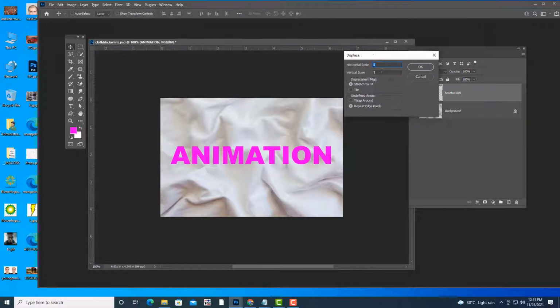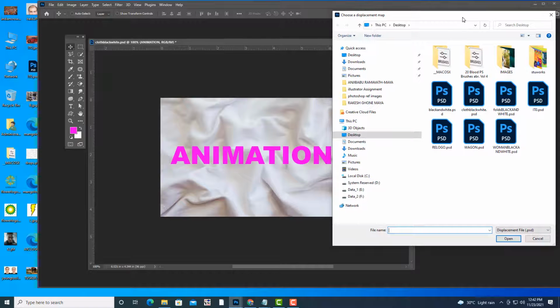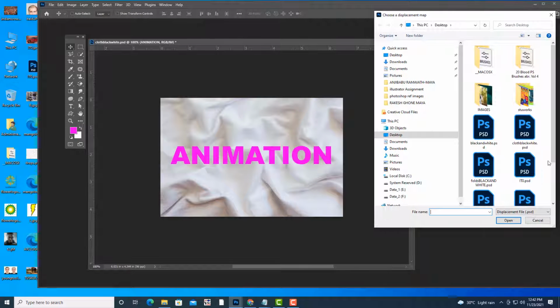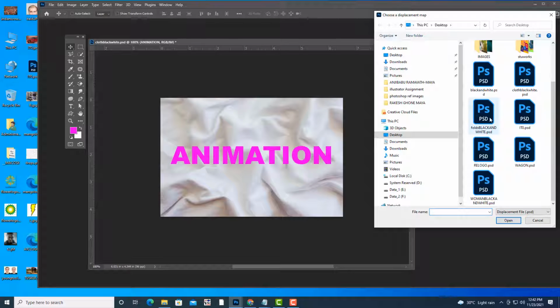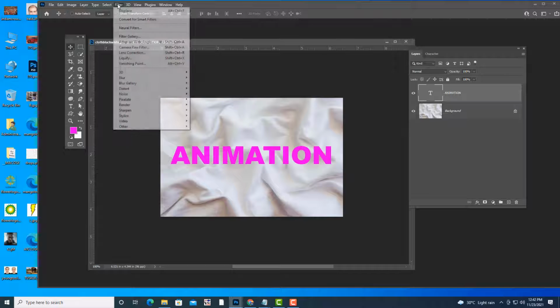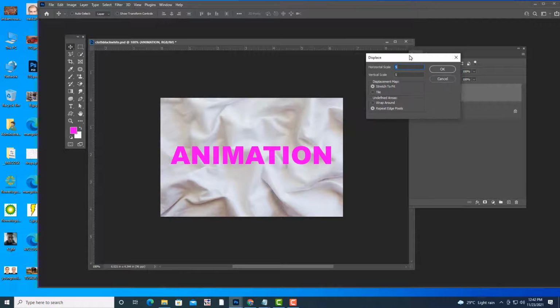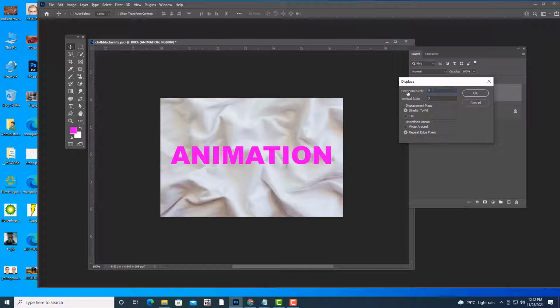Then what is the next thing we have to do? You can try to change the values here. Let's keep it 5. You can also try a value of 4. Just click OK. Then observe how the text changes. So where is our file? Folds black and white, this is the file. Just click open. If you want more intensity, let us increase it. Let me increase it to 7. Okay, let's keep it 10.